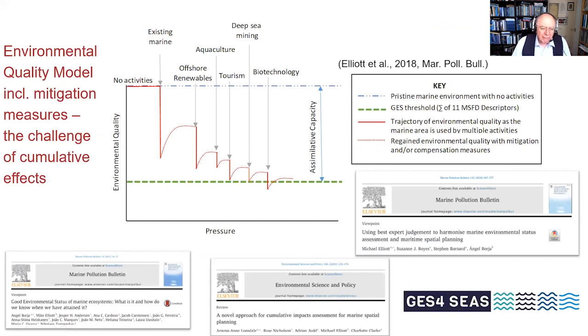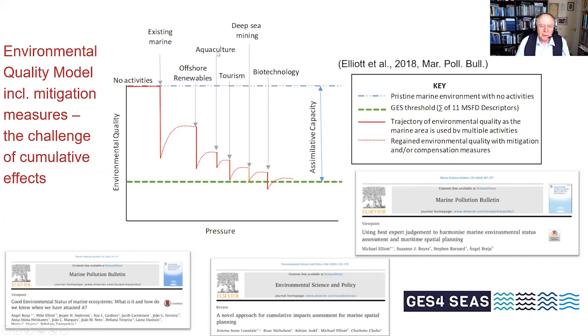So we can think about the environment as having a type of environmental quality. And of course, if there's no activities there, then it's quite a high environmental quality. If we then have a set of existing activities, and these may be on the coast or they may be in the catchment, but there's a set of activities, and they're going to reduce this quality. What then happens is we put in mitigation measures and we get some quality back. Someone else comes along and wants to do something and we lose a bit more quality. We put in mitigation and get some back.